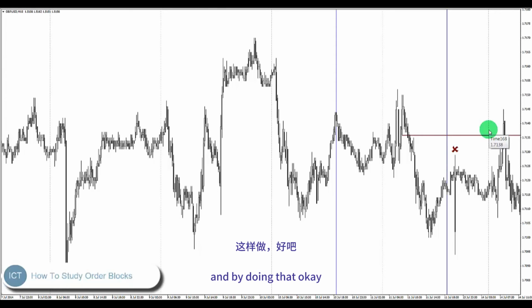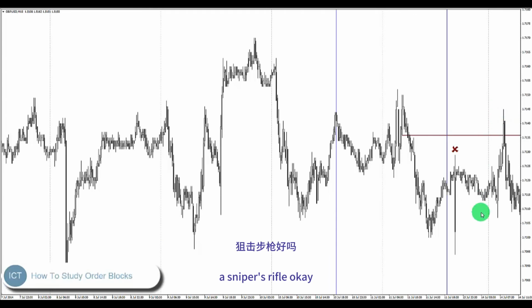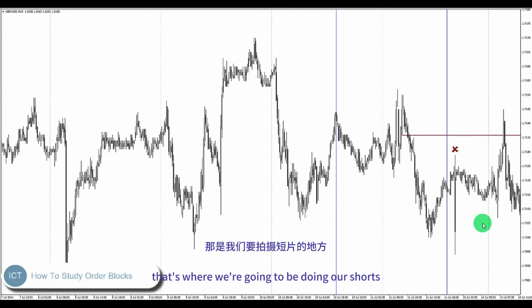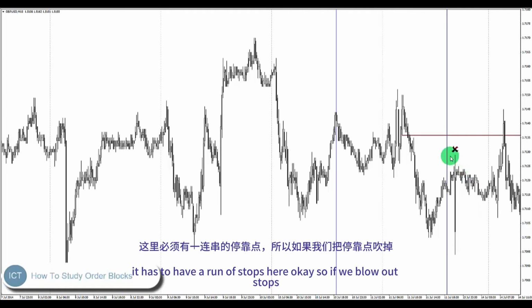And by doing that, what we've done is we have our scope, like a rifle, like a sniper's rifle. That's where we're going to be doing our shorts. Now here's the big payoff for you. It has to have a run of stops here. So if we blow out stops,